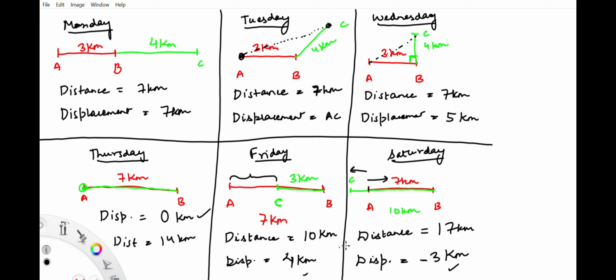So distance and displacement are equal only in the case of linear motion. You can make a note of this. And displacement can be positive, negative or 0, which makes displacement a vector quantity, or a direction dependent quantity. So let's differentiate between the two terms and then we'll have a look at a couple of numerical problems as well. So distance